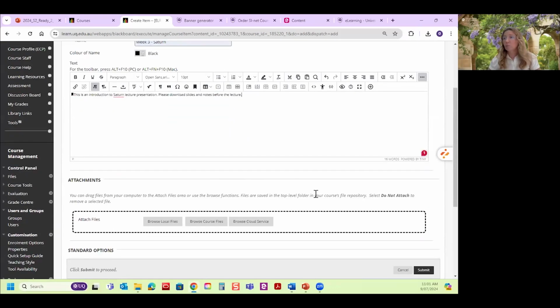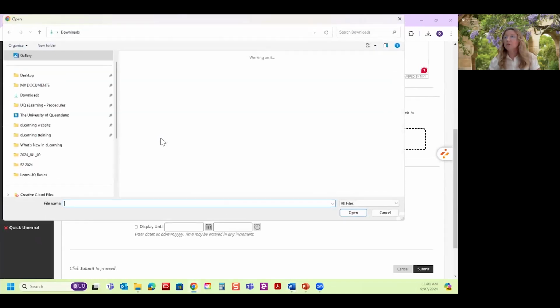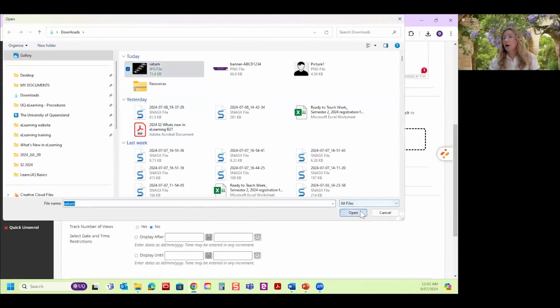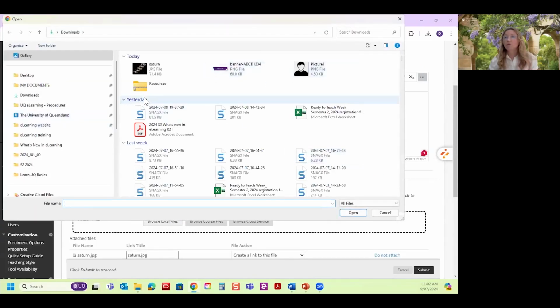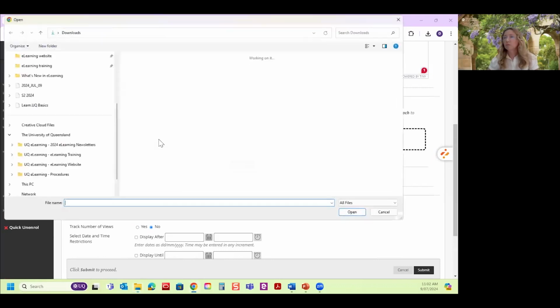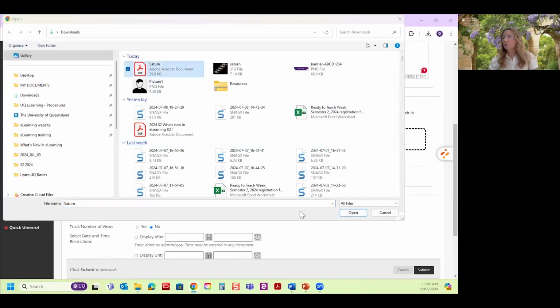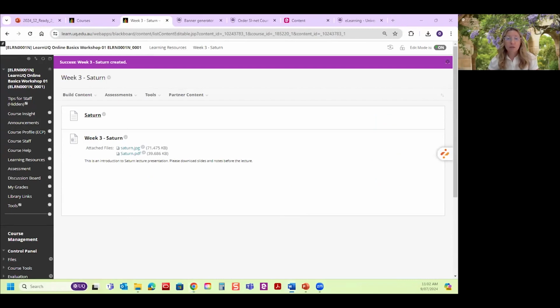What you can also do here is to attach the file. Same way, you just browse local files here, and you select, for example, that same image, and you can also add another one and get more resources into your message. And let me just see if I could pull the PDF file. So if we go browse local files here and now pick up the PDF file, click open and click submit. So now you could see how different it is. So basically you've got the files here and you've got the message for students telling what they need to do with this. So now you can literally add